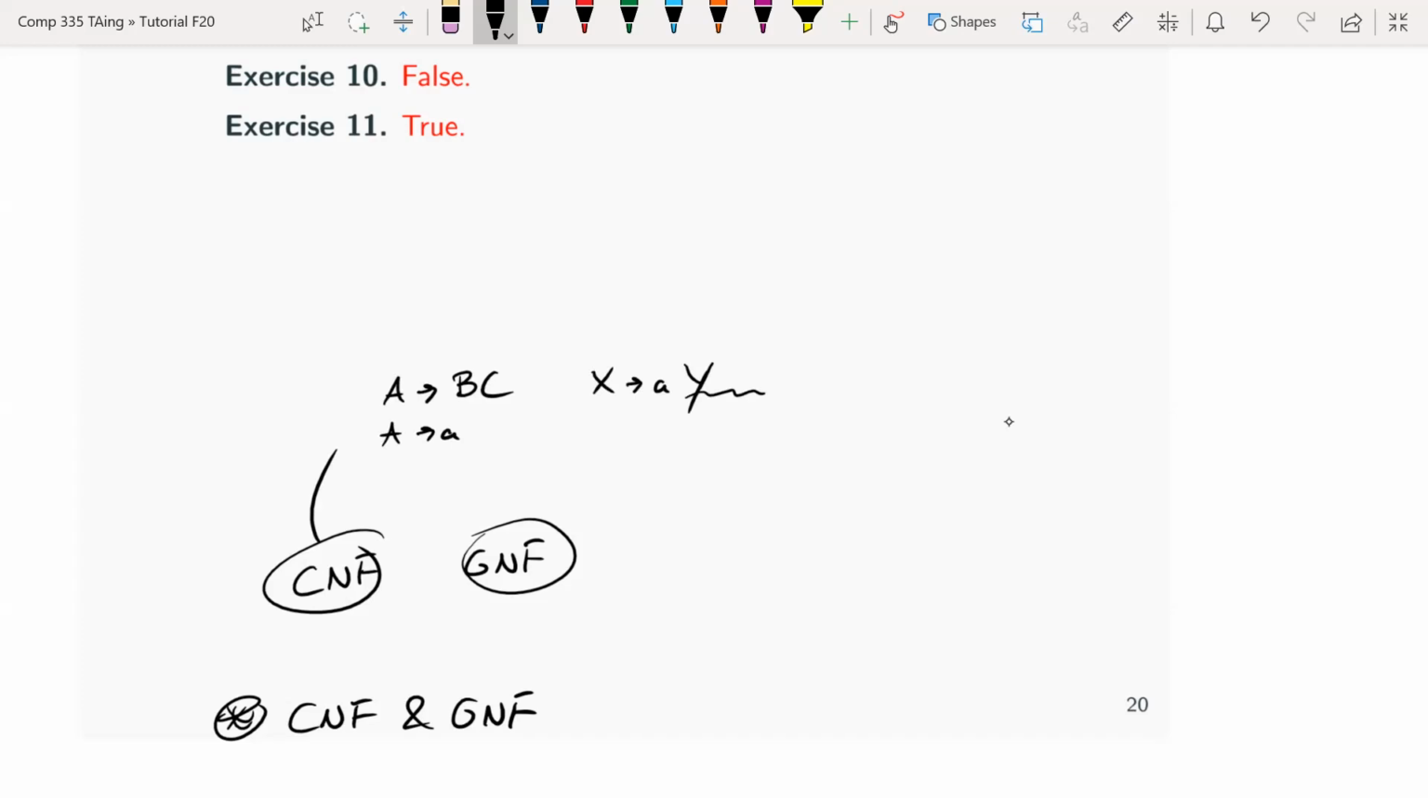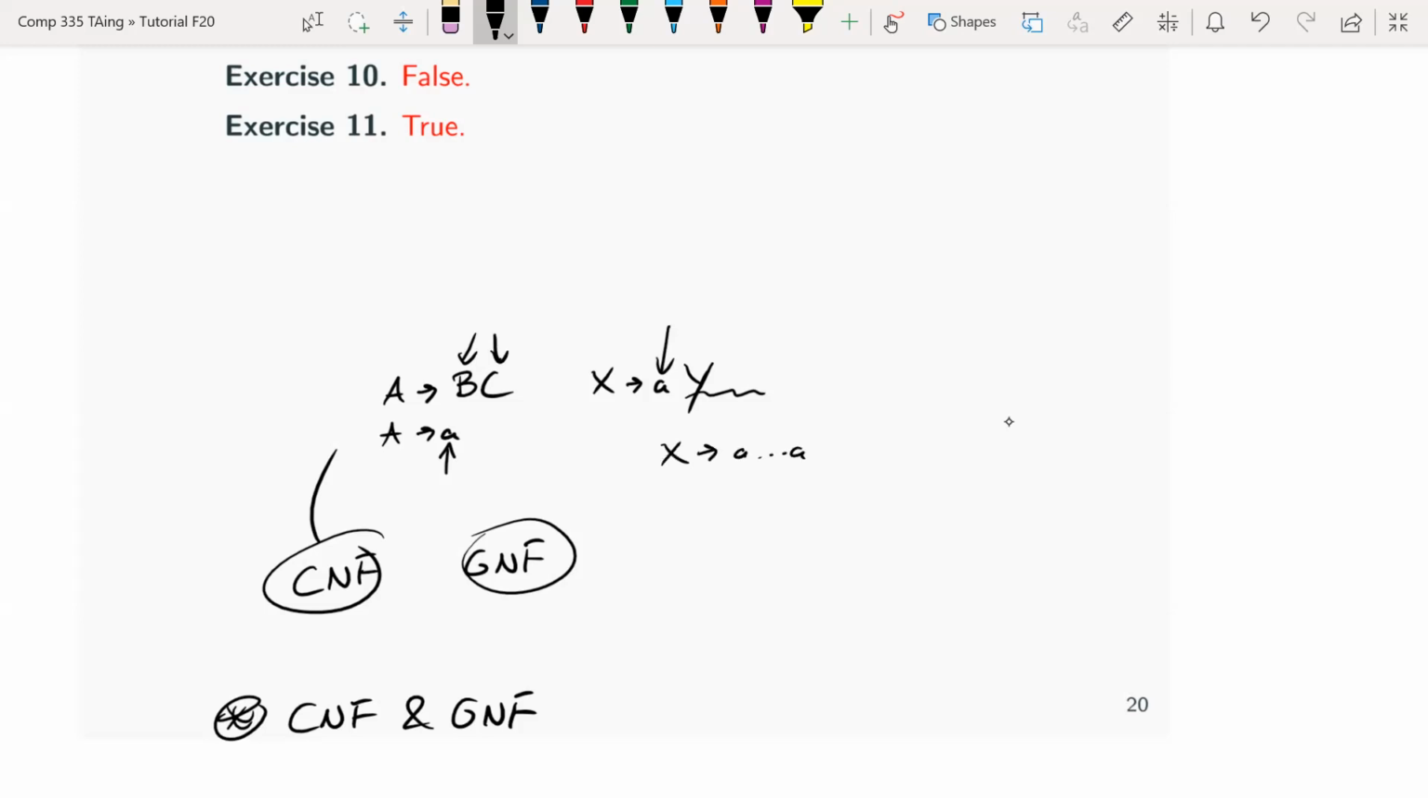So if they're both in CNF and GNF, no leftmost variables is right. Essentially you can't ever have a variable at the left. Technically speaking, for something to be both in CNF and GNF, because GNF enforces a terminal here, and CNF enforces either a terminal or two variables, the only production rules that you could have would be something like X gives you